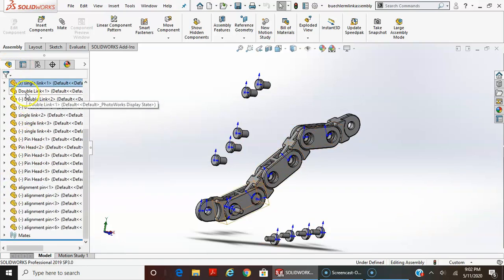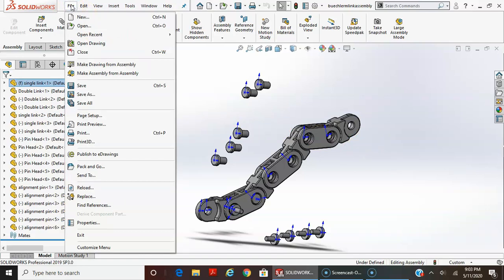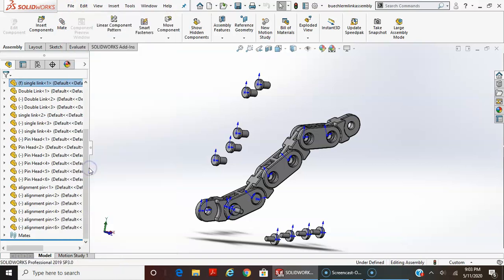So I need to be able to see all of these part files, and you have to submit them in a zipped folder. Now, the easy way to do this is to go into File, and there's a little option down here in the File tab that is Pack and Go. If you select Pack and Go,